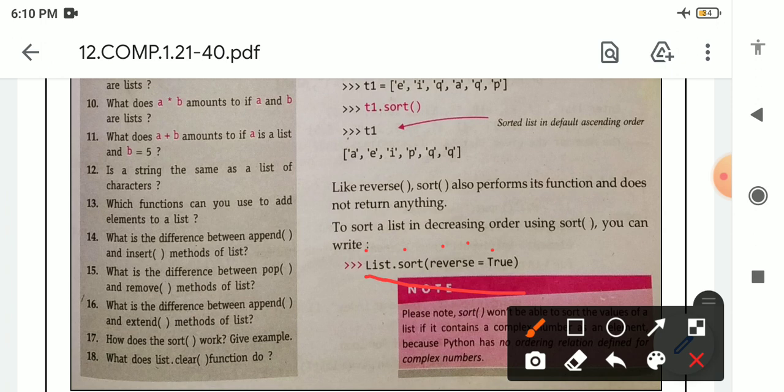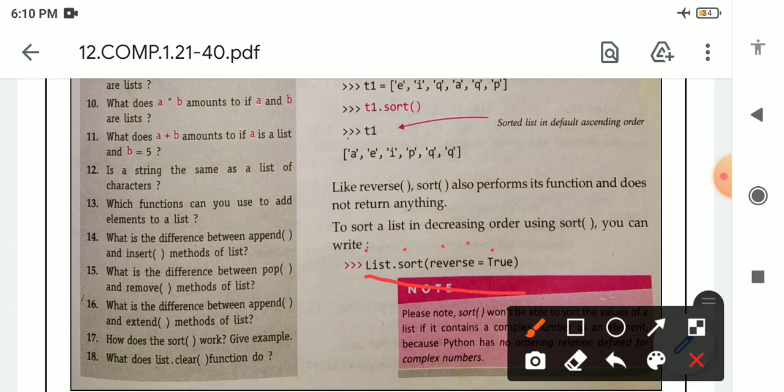Meaning if there is any question like this, convert this list into ascending and descending form, in that case first we will use the sort method. As we know, the sort method arranges the elements in increasing form. Increasing form indicates ascending form.